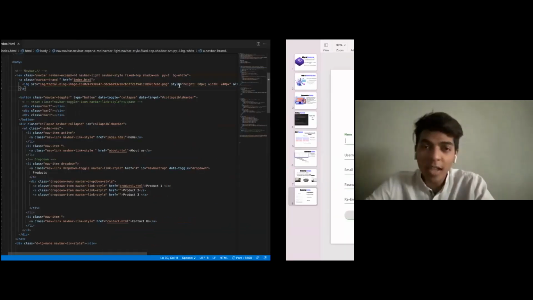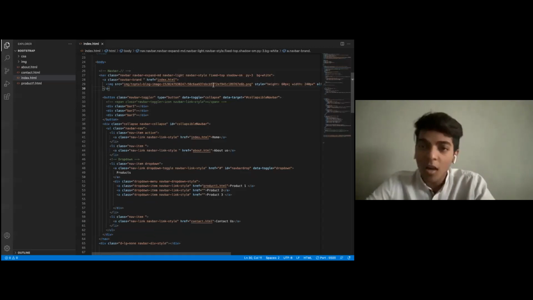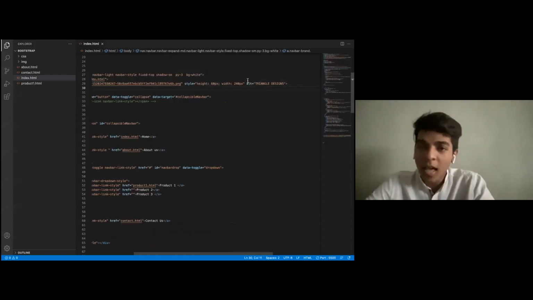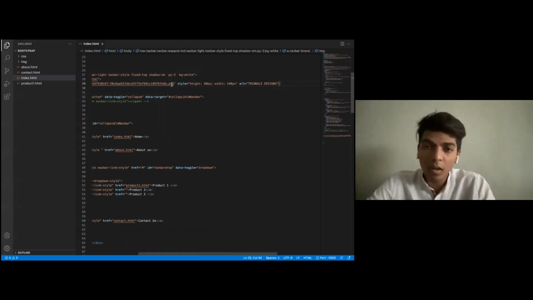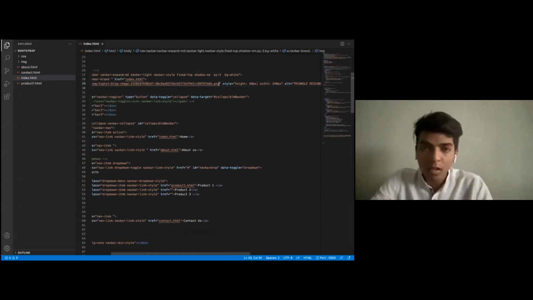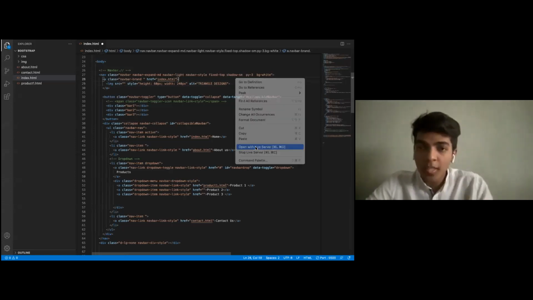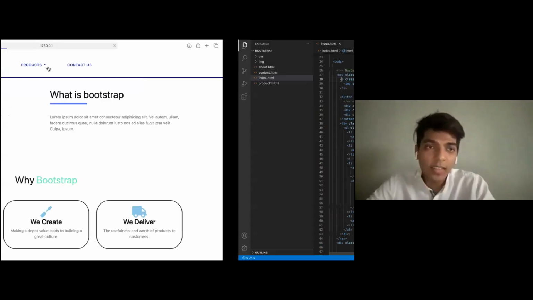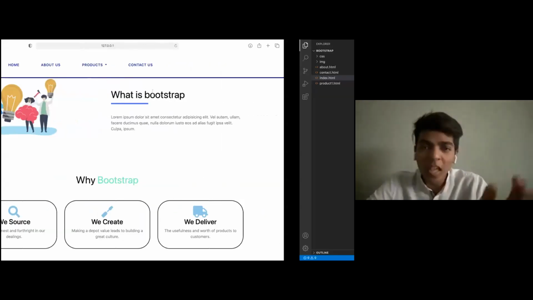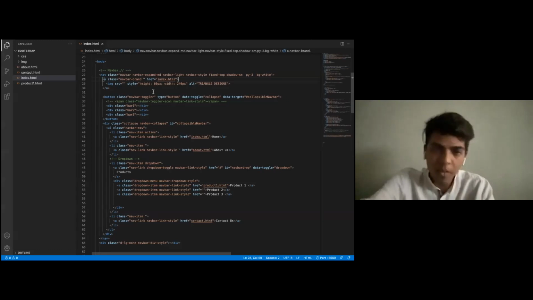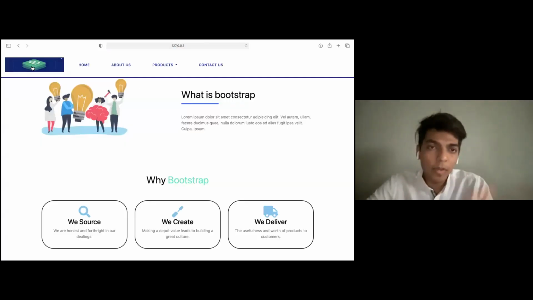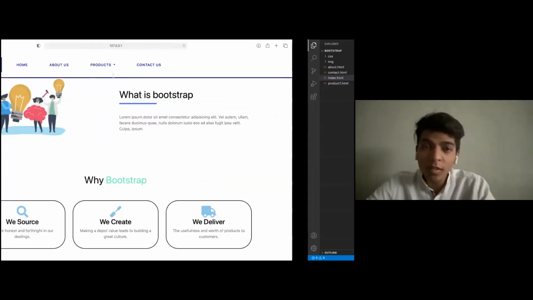If I place any image here and put the style of height and width, and if there is no picture, supposing we remove the source file of this image from here, then what would be displayed is the text that I have written. So the text is something that has to be displayed if I have not inputted an image. But if there is an image inputted, then the image would be shown. So this is the first part.